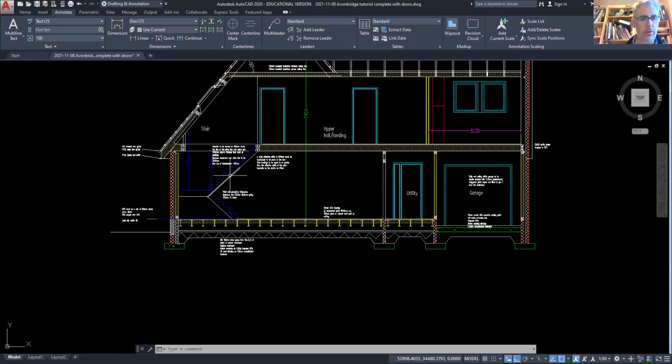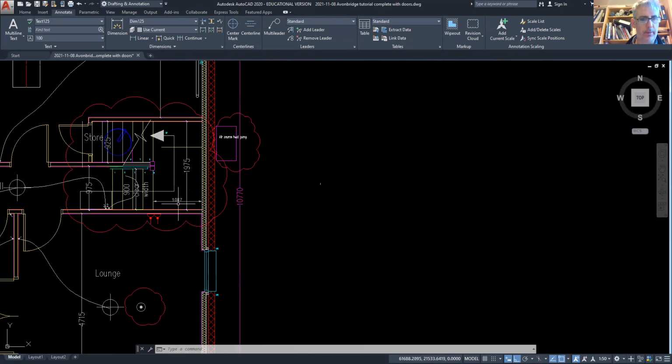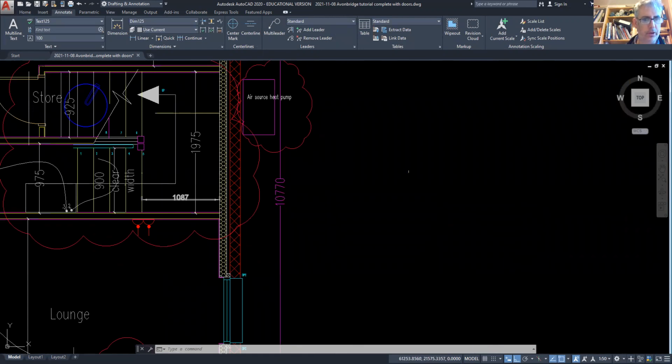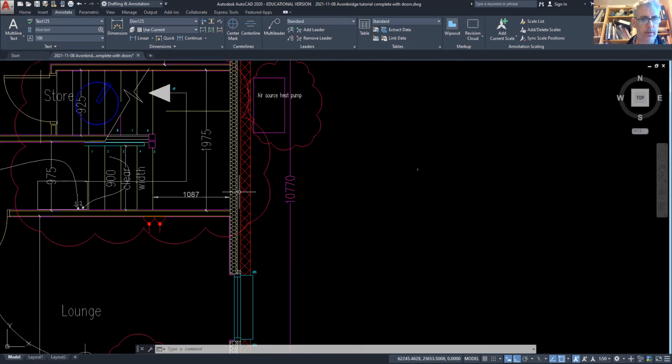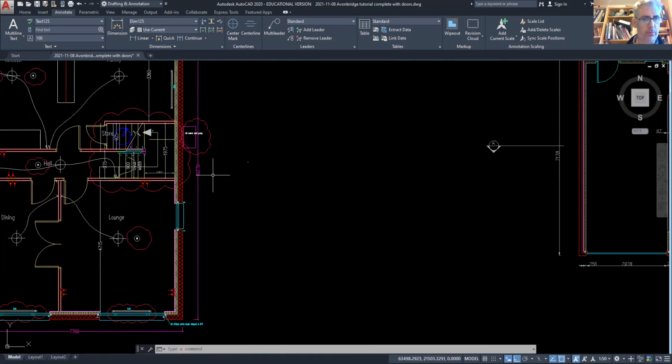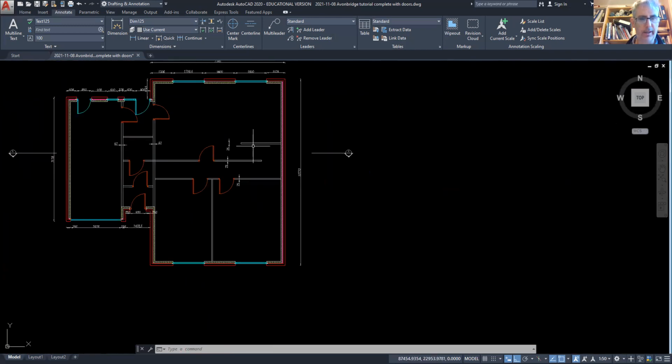So we need to provide some kind of dimension here, which is in excess of 900, because if you think about it, the line that I just showed you of that soffit comes out to here. So 1087, we'll work with that, and let's make a layer